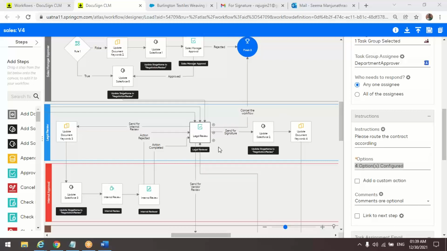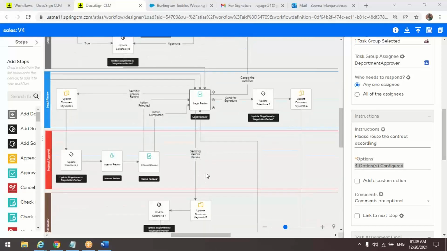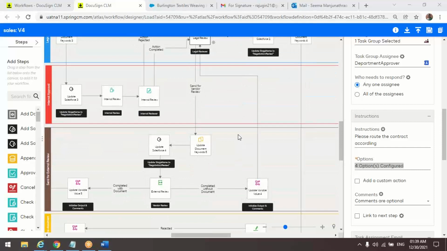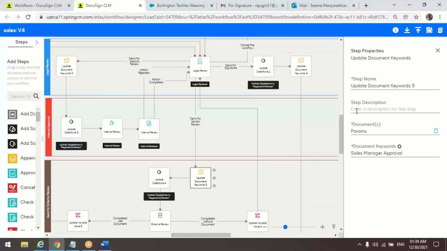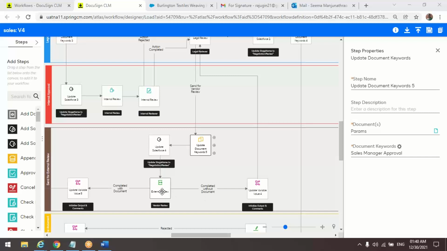And the next step after internal review is the external review, nothing but sending out for the vendor review. So the document is sent for the external review. Here we have an option to update document keywords. Here we are going to update the description, and it will update the document description here, and it will also update the Salesforce steps under the state name of the Salesforce here. So once you click on the external review,